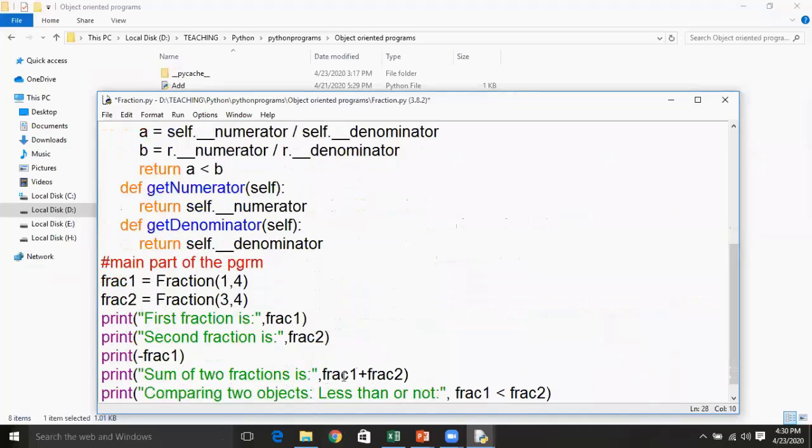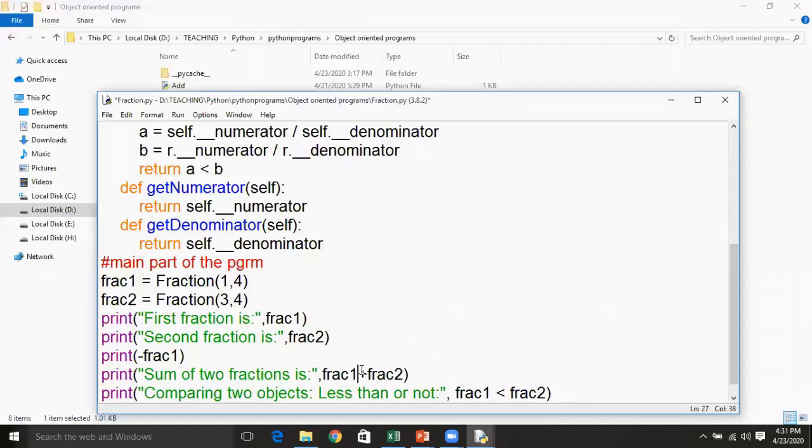And then in the next line, if you are trying to perform an addition operation among the two objects, FRAC1 knows the numerator and denominator values as 1 by 4, and FRAC2 knows the numerator and denominator values as 3 and 4. Now on these two objects you are trying to perform an addition operation.